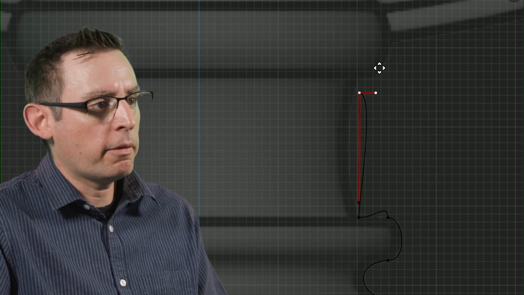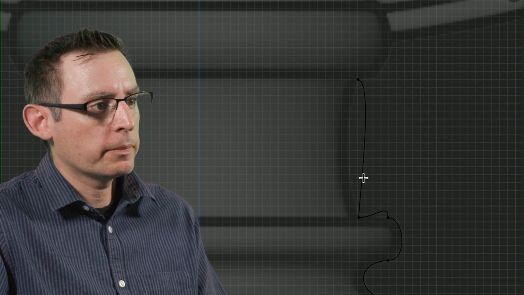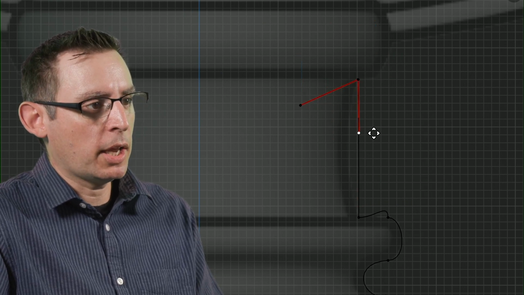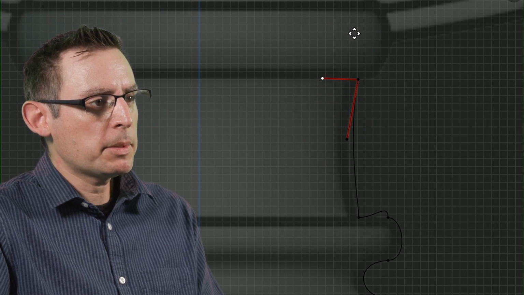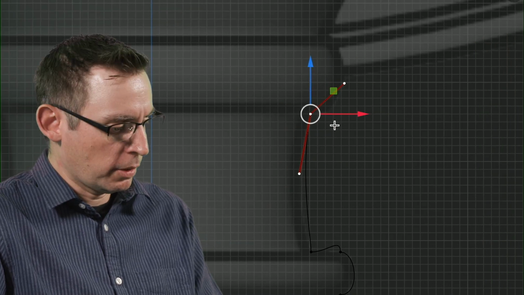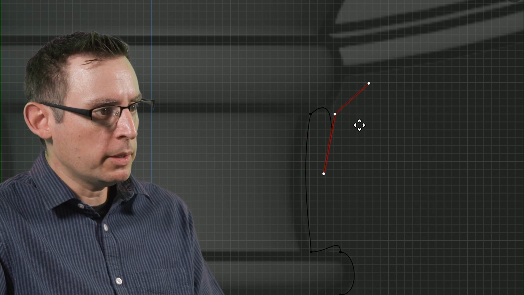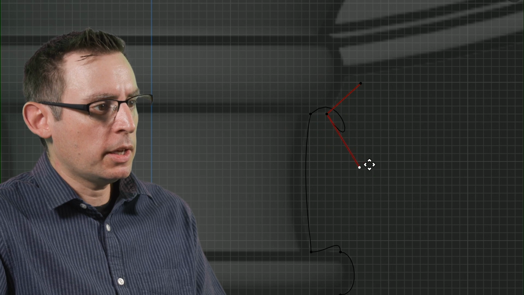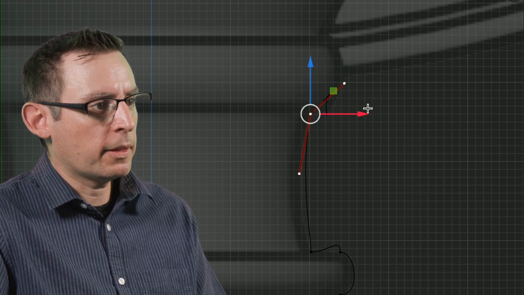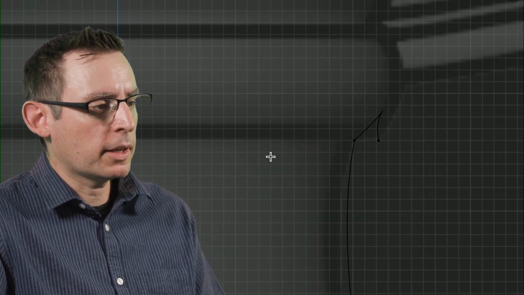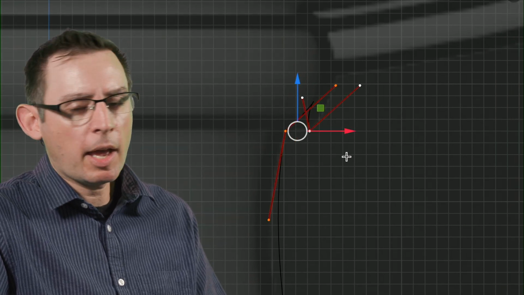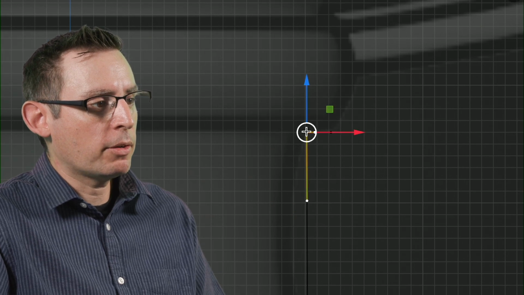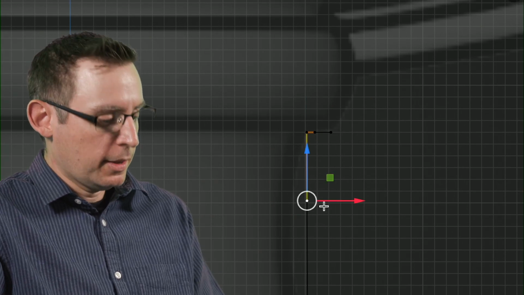So I think I want to have the next point be right there. This is where we have to kind of manage our tangent handles to a certain degree. And sometimes managing your tangent handles is a whole lot easier when you have more than one point inside the scene itself. And that's what I've done here. I've just gone in and, yep, I think I got things a little messed up. And if this happens, just change your handle type back to vector, and that'll get everything back to where you want it to be.